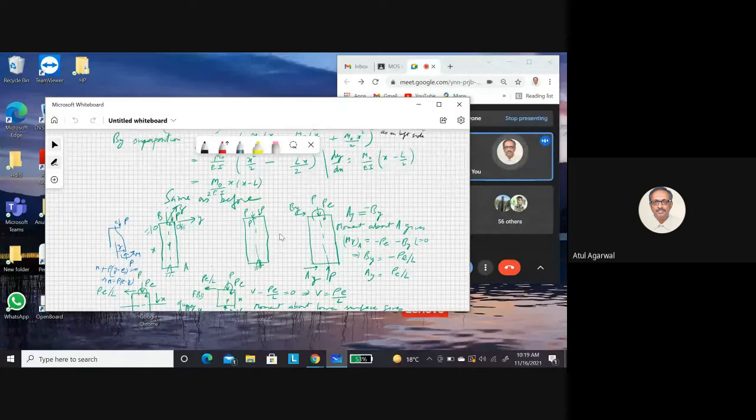But what was the problem with the steel? When you put a compressive load, steel is seen to fail elastically. It doesn't fail because of material failure, it fails because of large deformations. So it is called an elastic failure. So there is this concept of buckling.